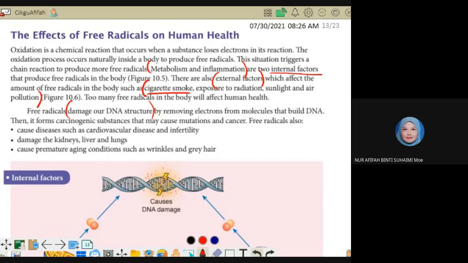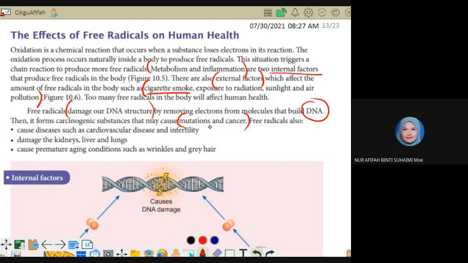Right. So this free radical will attack our molecule inside the body cell, such as DNA. It will attack DNA, and what happens? If your DNA is damaged, it will cause mutation and also cancer. Kalau dah kacau DNA kita, kita punya DNA akan jadi mutate lah. Okay, mutasi, chromosome mutation. You have learned about chromosome mutation, gene mutation. So akan cause cancer and other mutation lah.